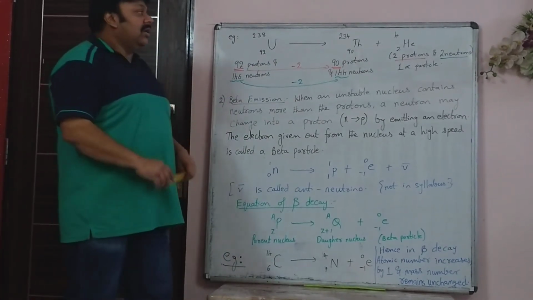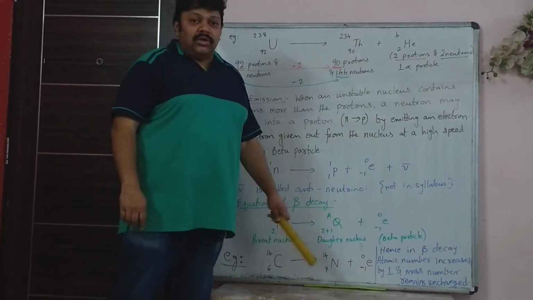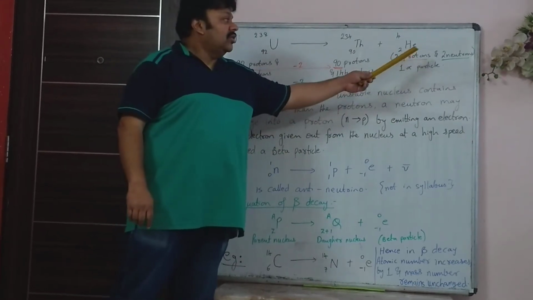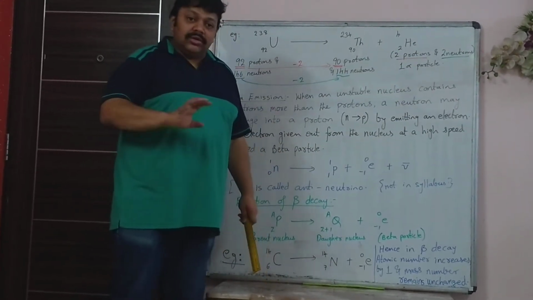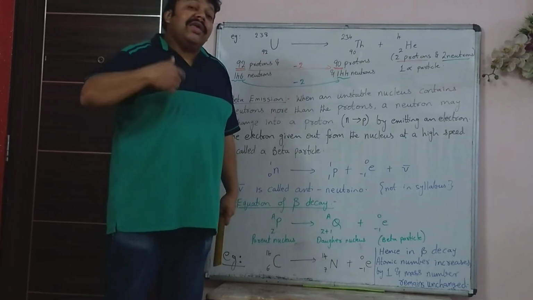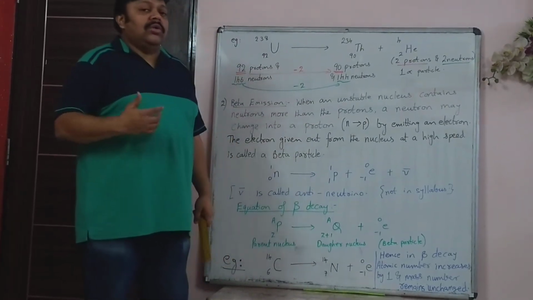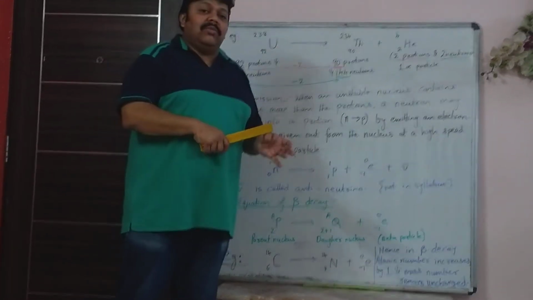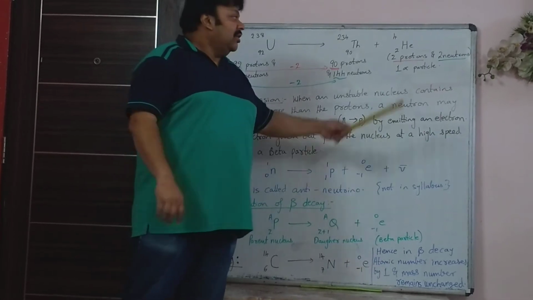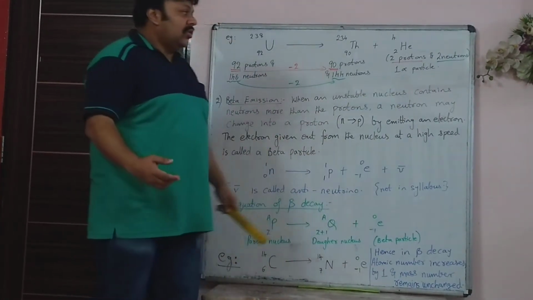What is an alpha particle? It is the helium nucleus. So it is 2 protons and 2 neutrons. See, alpha particle is not a helium nucleus, it is equivalent to a helium nucleus because it has the same mass and same charge. So that means it has 2 protons and 2 neutrons.